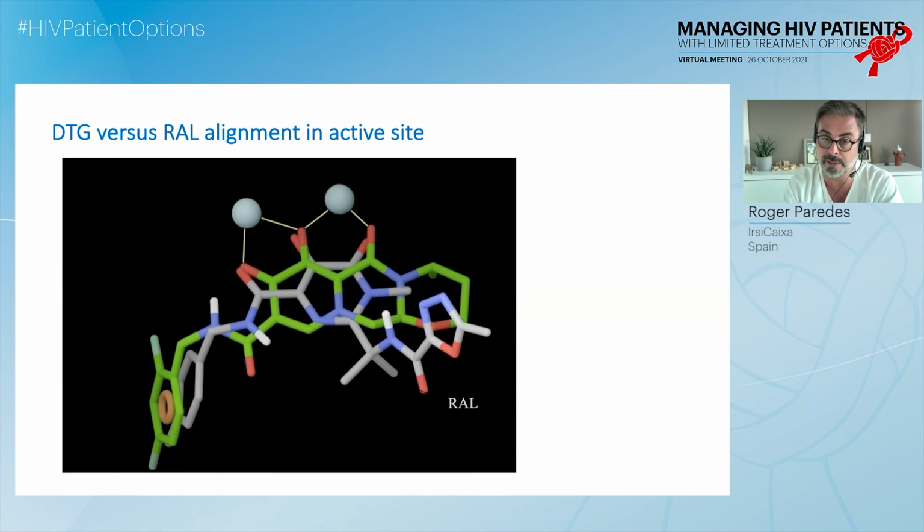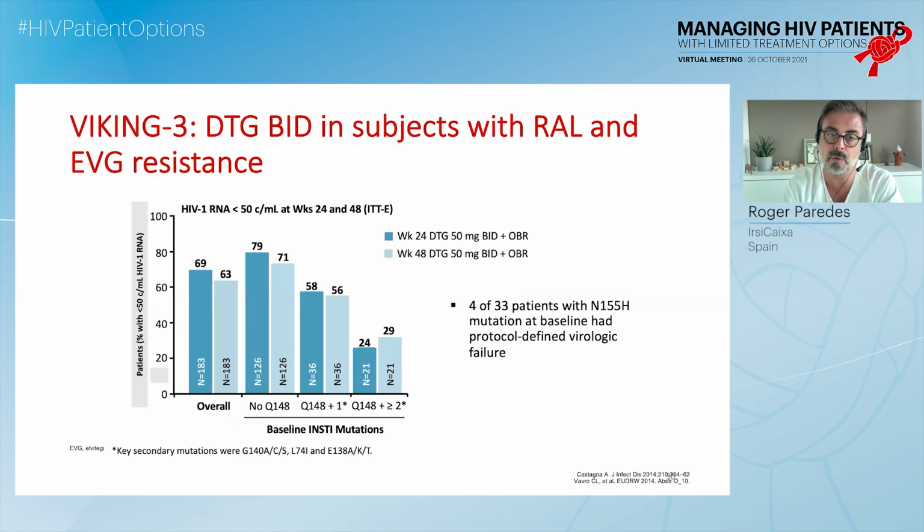It's more flexible, adapts much better, and stays for longer within the active site. So dolutegravir is able to overcome raltegravir or elvitegravir resistance. However, again, if more mutations accumulate in the integrase, the fewer the options that dolutegravir alone, even given BID, will be able to